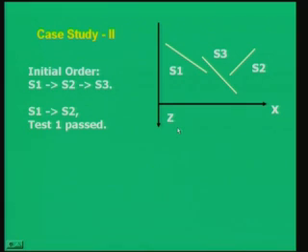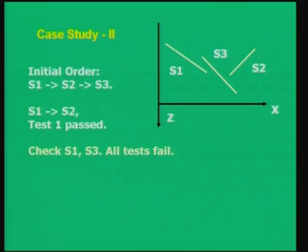In fact, all the test 0 fails, but test 1 will pass, because the bounding rectangles of S1 and S2 will not overlap. So, S1 and S2 in that case can be ordered, and the order can be kept and it could be drawn. In fact, you can draw it in any order, either S1 or S2, or S2 or S1. We will see that helps later on.